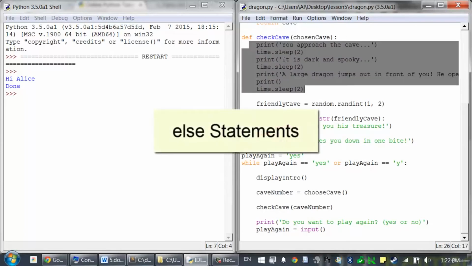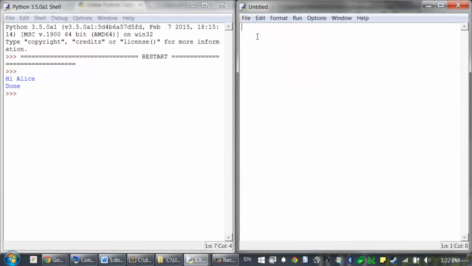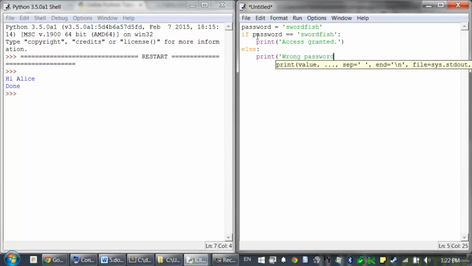In our name equals Alice example, if the condition was false, nothing happened, but we can use an else statement so that code runs specifically when a condition is false. Let's create a new program and type in the following code. password = 'swordfish', if password == 'swordfish': print('access granted'), and hit backspace to get rid of that indentation. And type else: print('wrong password'),